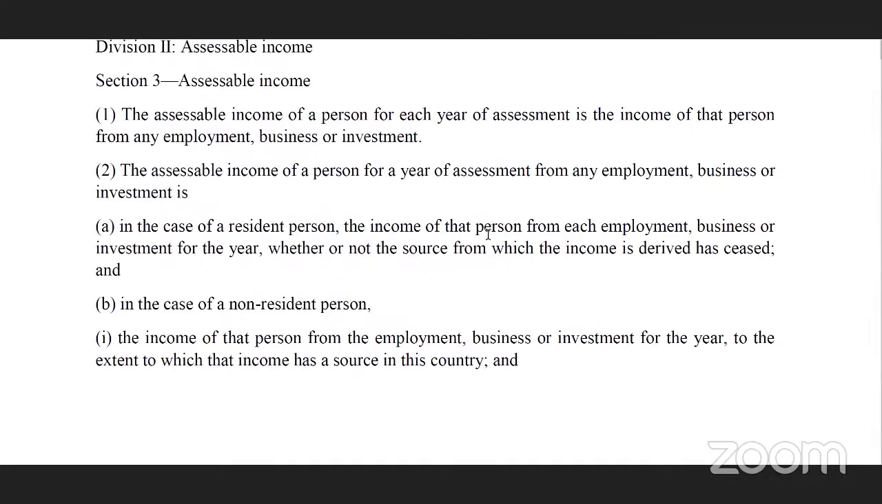So now we go to division 2, which is assessable income. Now, assessable income of a person for each year of assessment is the income of that person from any employment, business, or investment. And the assessable income of a person for a year of assessment from any employment, business, or investment is: 1. In the case of a resident person,